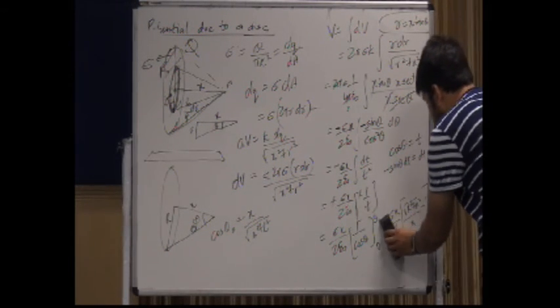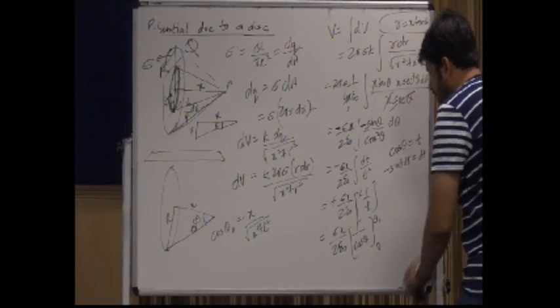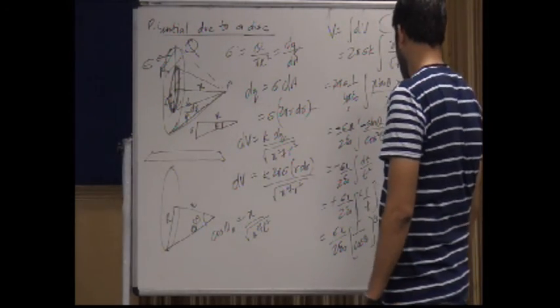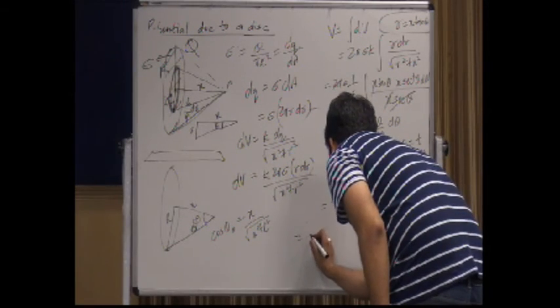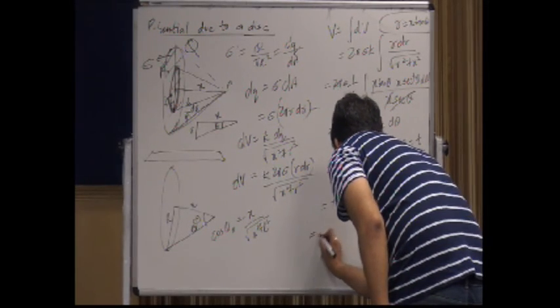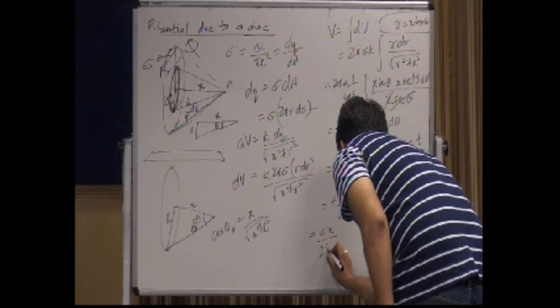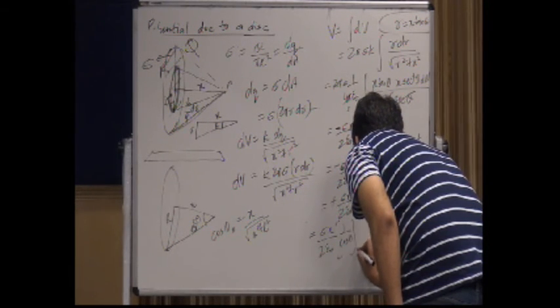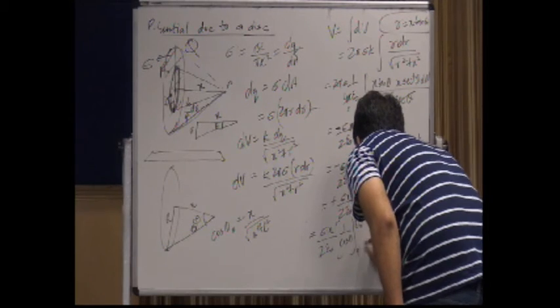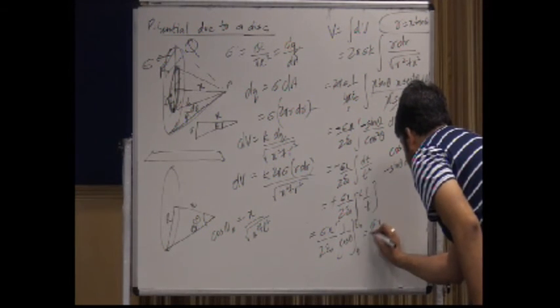I don't know whether you are able to see it, and I don't have any space to post it as well, I'll rearrange it. Sigma x upon 2 epsilon naught 1 by cos theta 0 to theta naught, and this thing would be sigma x by 2 epsilon naught